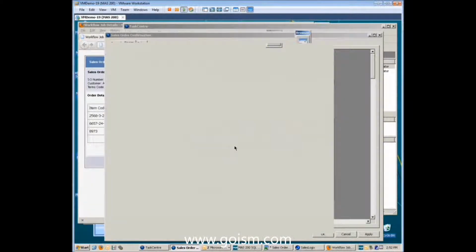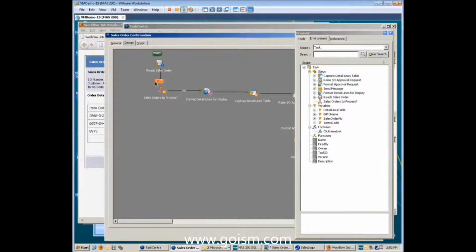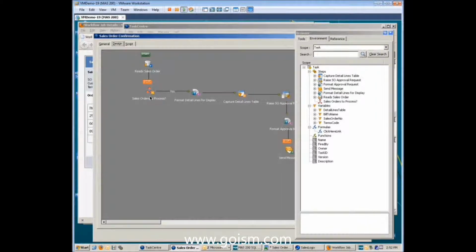And then we pass through a decision point on the task, because if this query doesn't find any orders that are requiring confirmation, then the task doesn't go any further. It really is that simple. It can stop at that point. So if we need to actually put some business rules into the process, we can do so with decisions very, very easily. Now, if we do find there are some orders, we're going to come through here and we're going